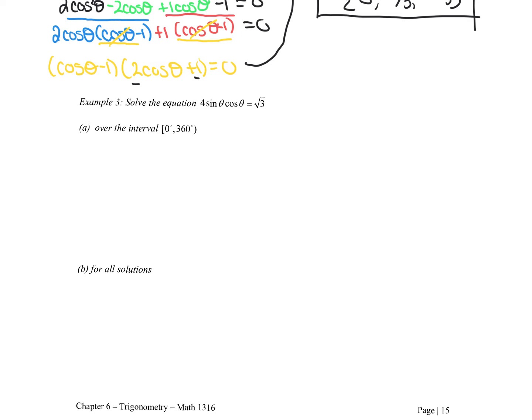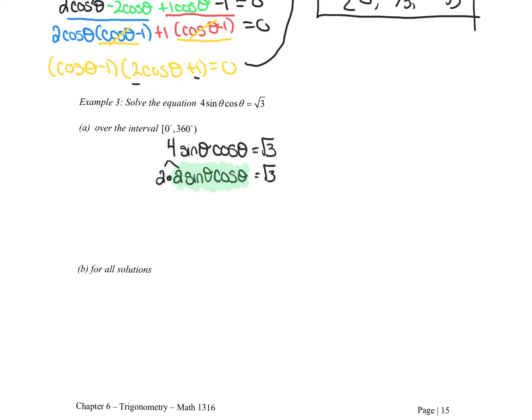I have two different trig functions. If I move the √3 over, I still really can't factor. So it is very plausible, and in fact it is the case, that something is hiding. So I have 4 sine theta cosine theta equals √3. I can rewrite the 4 without changing anything, as 2 times 2 sine theta cosine theta equals √3. And hopefully you recognize this